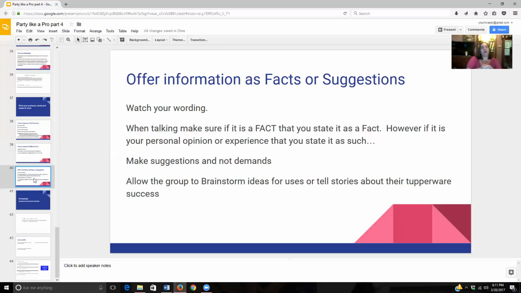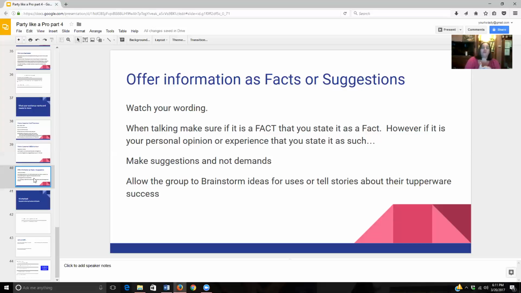And you do that by saying something more like, this Tupperware stack cooker is going to be absolutely fantastic because it's going to save you a ton of time in being able to do three different dishes all at one time. And it's going to save you a ton of money because you're not going to have any food go to waste. All right, so you're offering a suggestion to buy this product and showing why it's going to benefit them.